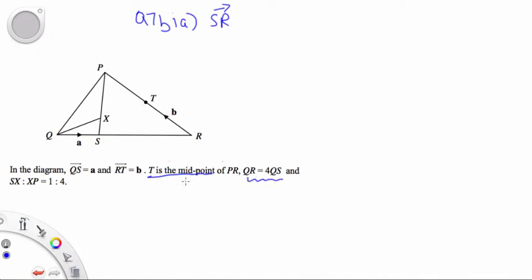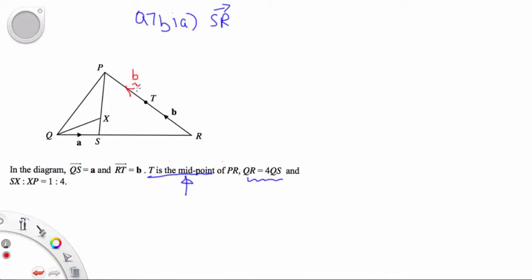For the first one, T is a midpoint of PR. Since T is a midpoint of PR, we can write down some of the new vectors we know. So PT, or TP, will also be vector